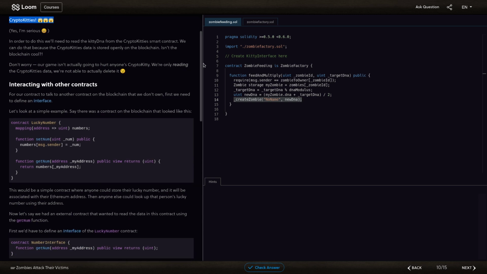Remember when I told you that contracts have addresses, like every single contract that you create has an address? Well, CryptoKitties is no different. On the Ethereum blockchain, CryptoKitties has an address, and so do all of these other projects built on the Ethereum blockchain. So what we're going to be feeding our zombies is these CryptoKitties. Anyway, for our contract to talk to another contract on the blockchain that we don't personally own,